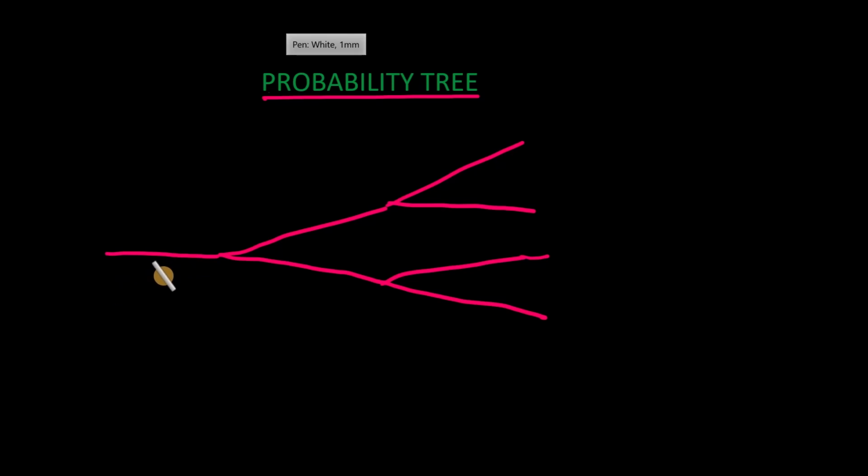This is the trunk. This is a branch. This is another branch. These are other ones. Events are always written at the end of the branches. Let's say here I have an event A, and here I have an event B, and here I have an event C, I have an event D, and here I have an event E, I have an event